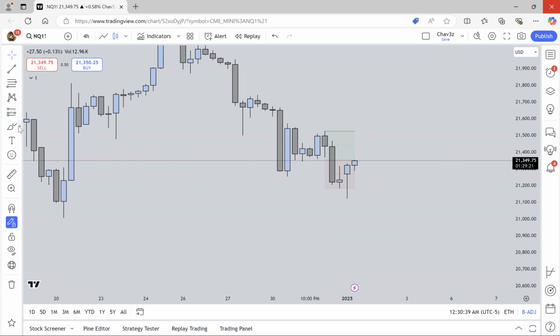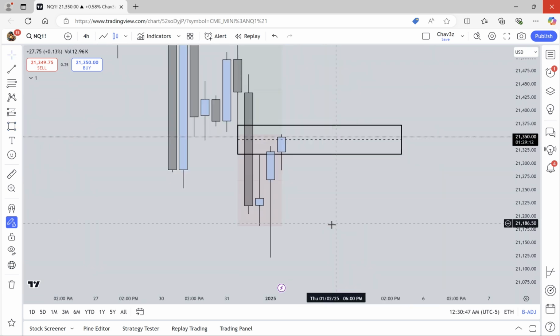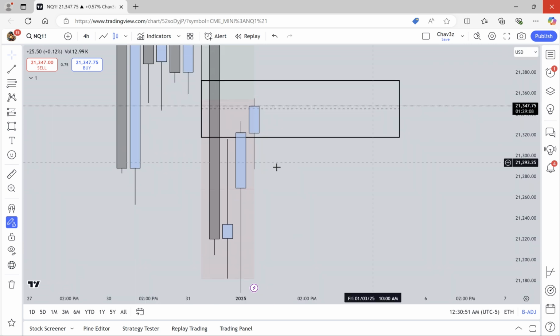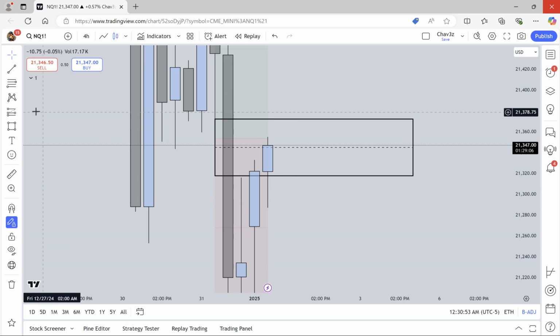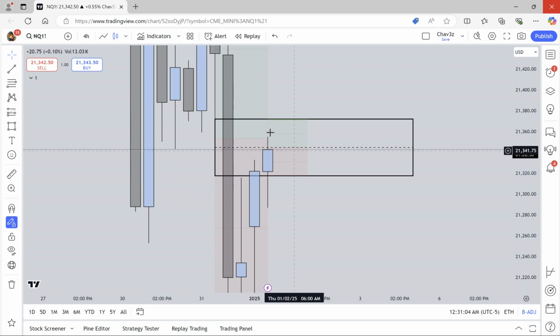So we'll go back, go to our 4 hour. You can see that we're trading into an imbalance. We're trading through an imbalance, and that's what's having us having a hard time, right? This is the imbalance that we're trading against right now. Now look at where we are on the PD array if we map it out as a PD array, right? We're trading above equilibrium of this 4 hour PD array, right? The 4 hour fair value gap is the PD array.